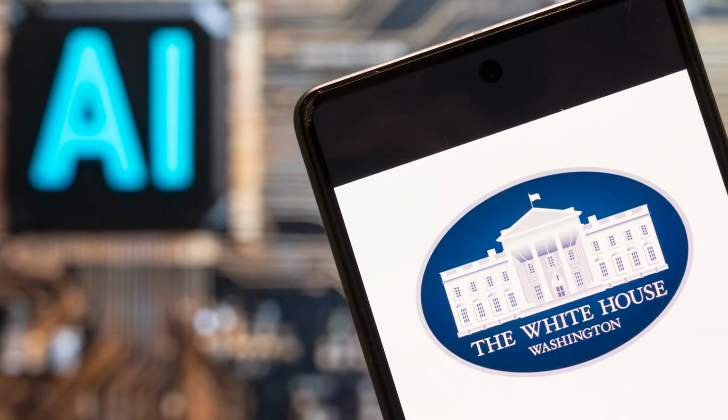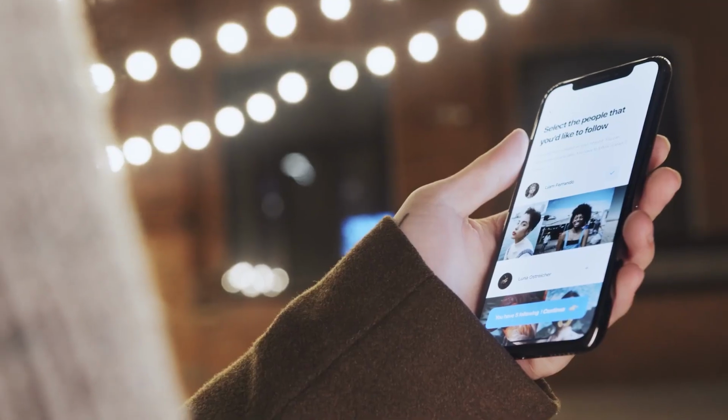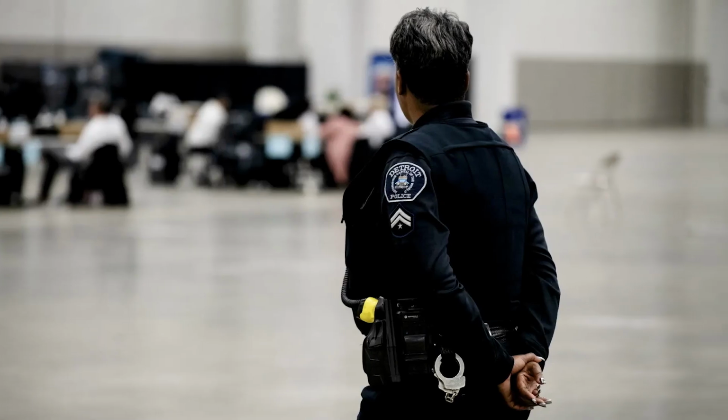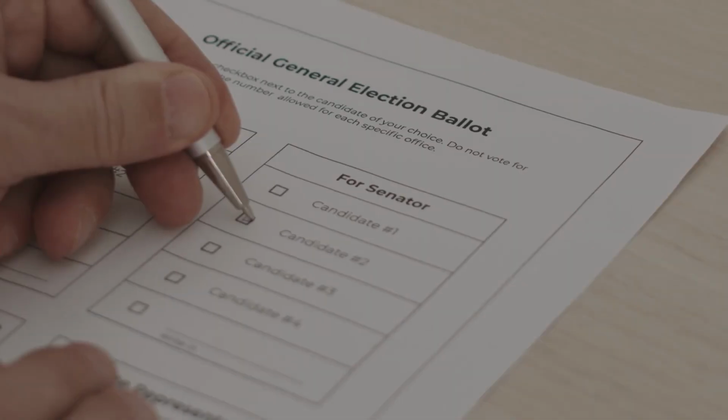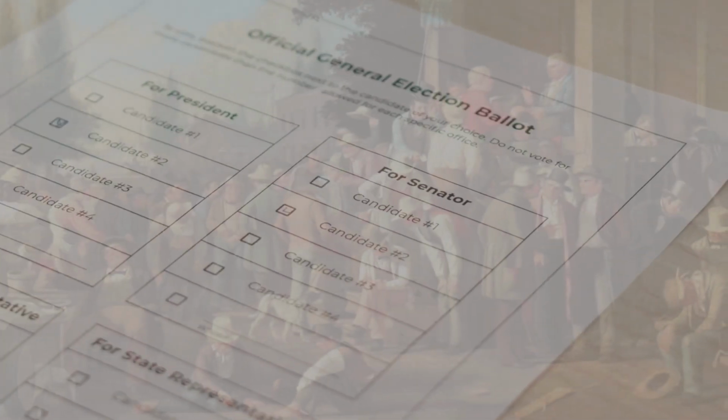As we look toward future elections, we see new challenges and opportunities: the role of social media, campaign finance reform, voter access, and election security. Yet the fundamental question remains the same as it was in 1787. How do we ensure that the voice of the people remains at the heart of American democracy?